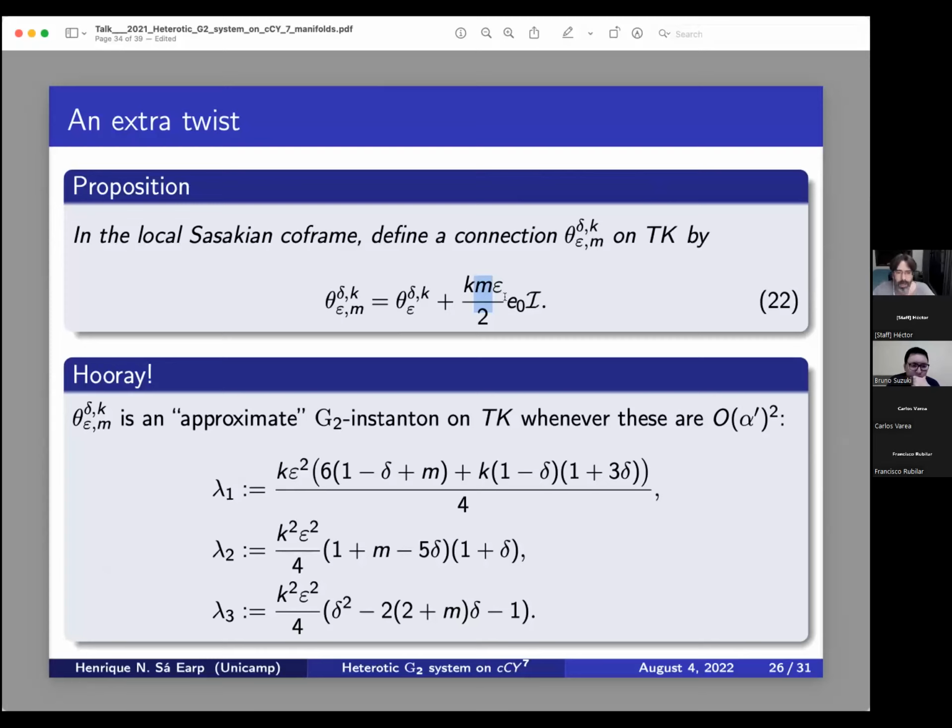And by doing that, now we're in good shape and can show that we can always choose these parameters, these 4 degrees of freedom, in such a way that this connection is almost a G2 instanton to order of alpha prime. So what we find is that by defining these 3 quantities, lambda 1, 2, 3, in terms of these degrees of freedom in this sort of Kabbalistic way,